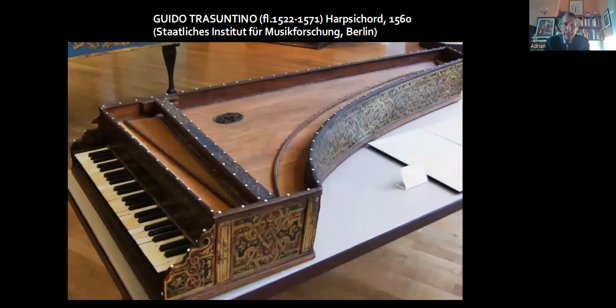This very similar type, Guido Trasantino, is a more solid figure. He's one of the first of the great Venetian makers. And again, you can see this very beautiful decoration on the outside of the case, abstract, and starting to ornament around the key well, ivory and ebony being used for the naturals and the sharps, and even little sort of studding in ivory around the top. As I say, a lot of these instruments really become as interesting for the decoration as for the